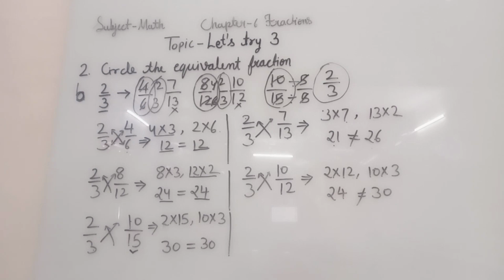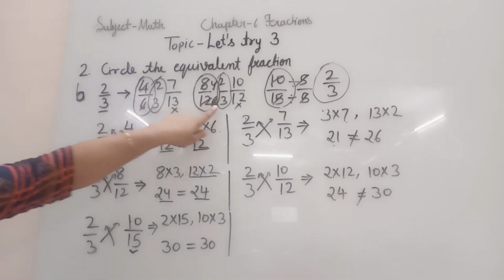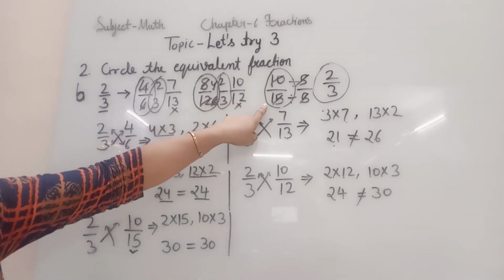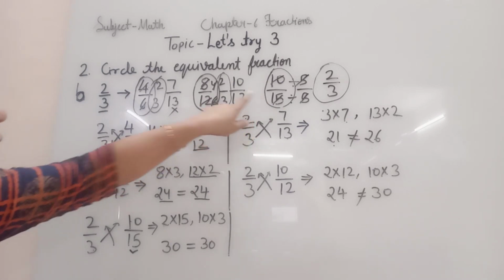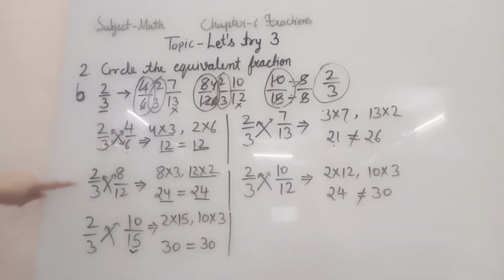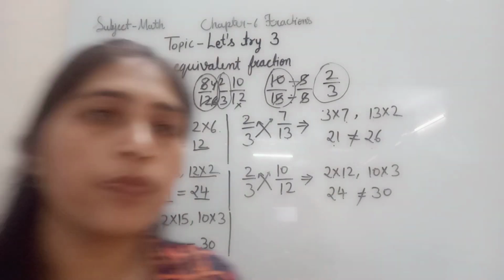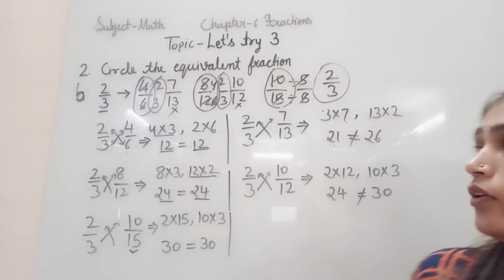So these are the two methods. This is the short method which you can use. If you are not able to solve with this method, you can do the cross multiplication. And what you have to do? You have to do this problem in your notebook with the cross multiplication, how I have done. Then you will do circle in the book also and in the notebook also. Both the things you have to do.